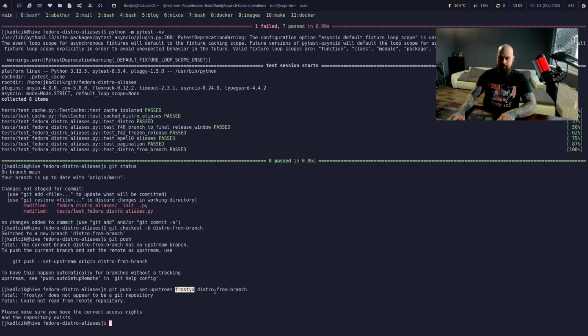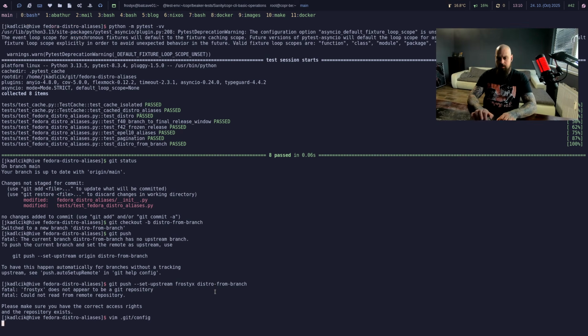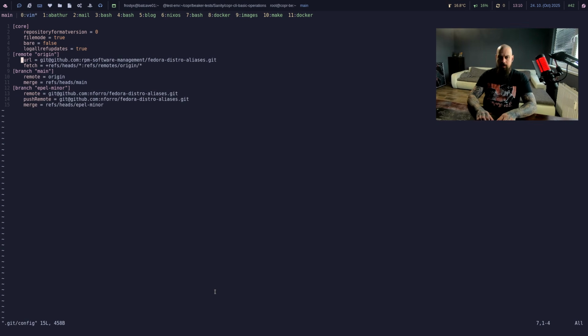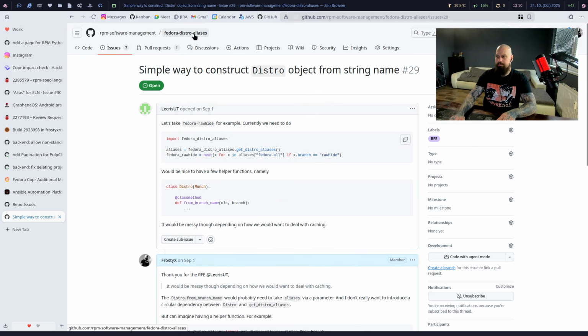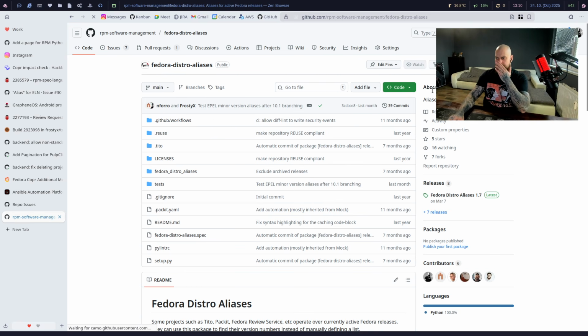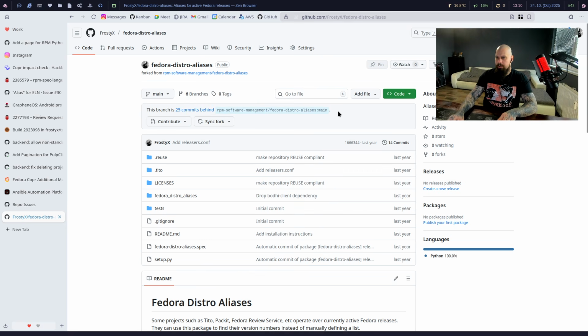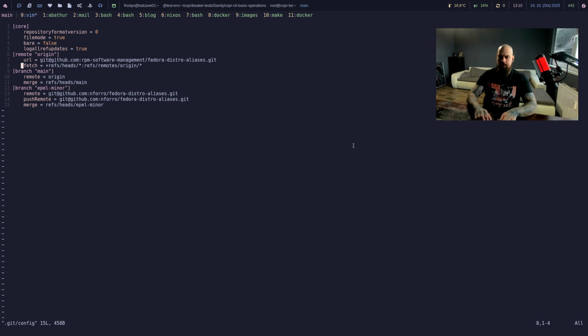There isn't a Frostix git config. Oh, seems like it isn't. So I need to fork it for myself. I don't have my personal fork of this. Don't lie to me, I have. So I just didn't put it to